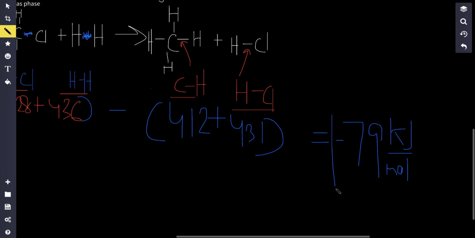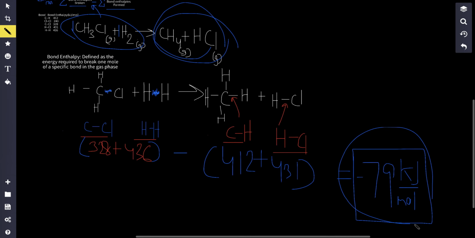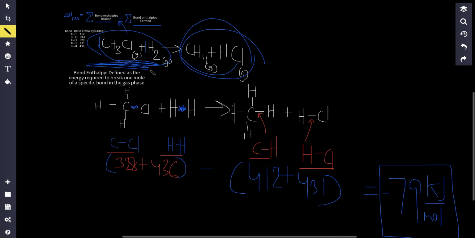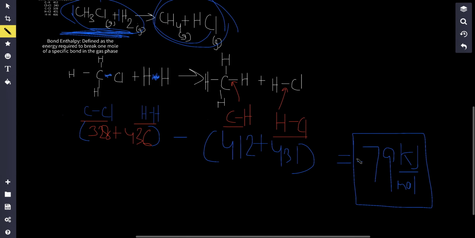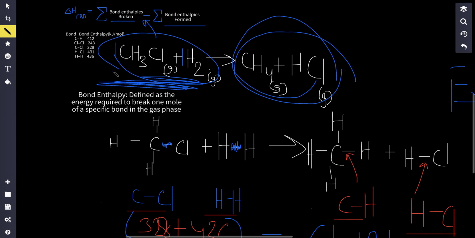Okay. My calculator gives me negative 79 kilojoules per mole. And all this negative 79 kilojoules per mole is saying is that when we have this reaction occurring right over here, that's going to release 79 kilojoules of heat. And because of the negative sign right over here, we're releasing heat. Remember, negative sign means that we're releasing heat, AKA, this reaction is something known as an exothermic reaction. Heat is being released. All right. So when 1 mole of this reacts with 1 mole of this to produce our products, that much heat is